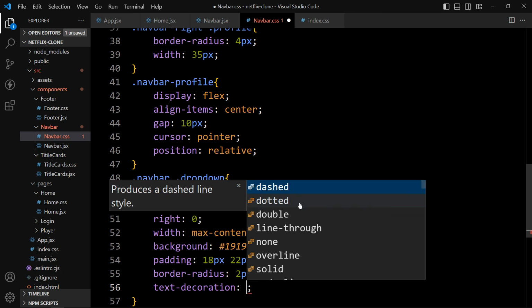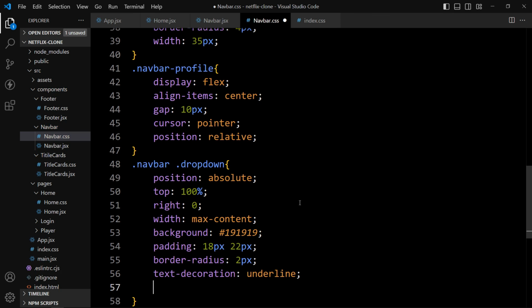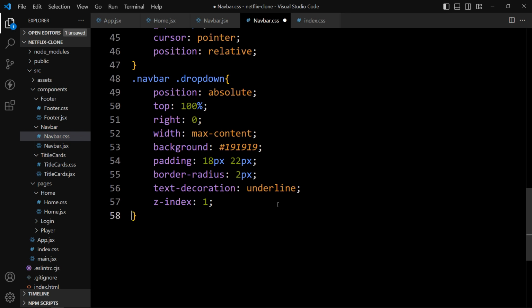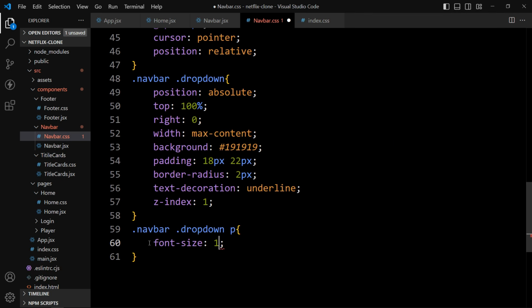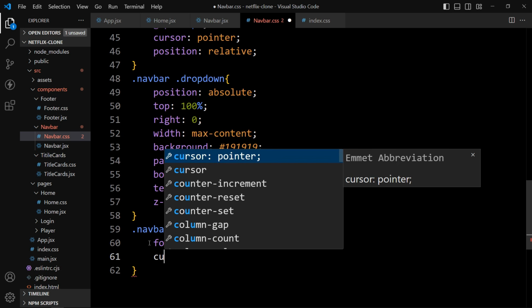Then text decoration will be underline, and we'll add the z index 1. And after that, in this drop down we have the p tag. So just add p, and here we'll add the font size, and the font size will be 13 pixel, and we'll set the cursor pointer.